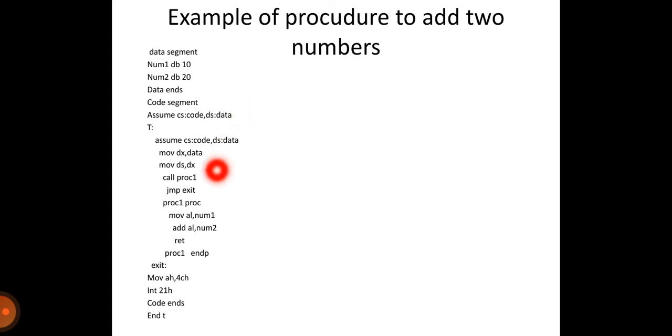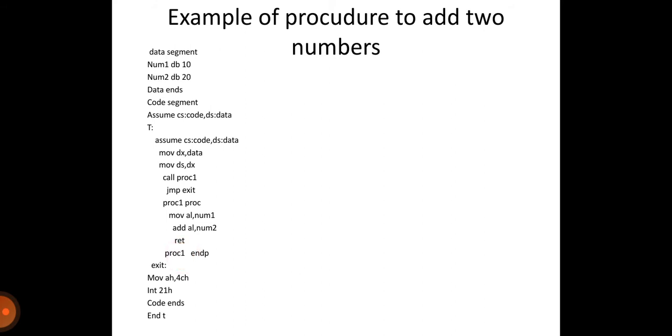Okay, see one example of a procedure. Here we call one intra segment or near procedure, because there is nothing like FAR PTR. CALL PROC1. So control is transferred, the stack pointer will be decremented by 2, and control is transferred to the first instruction in PROC1. This instruction will get executed. When we execute RET, a pop operation is performed, the stack pointer is again incremented by 2, and IP gets its original value, and the instruction after CALL will get executed. What is that instruction? JMP exit, jump to the exit block.